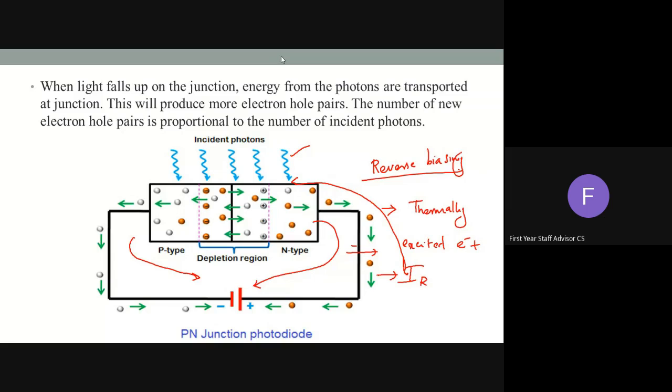So what happens when light is incident on a reverse biased PN junction? Due to this reverse bias, a wide depletion region will be formed in this PN junction. So when light is incident on this depletion region, electron hole pairs will be formed due to the absorption of energy from this light or the photon. When electron hole pairs are formed, they get attracted to the p side and n side based on the polarity. So we can say that a current will be produced in the circuit. So by measuring this current, we can detect the intensity of light incident